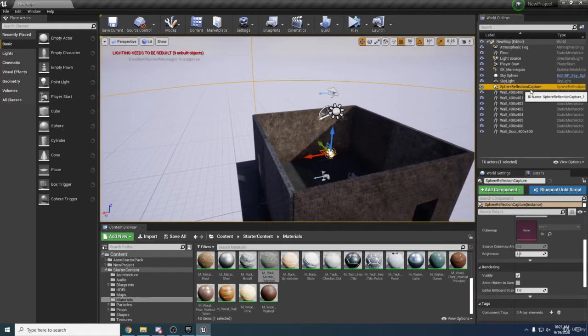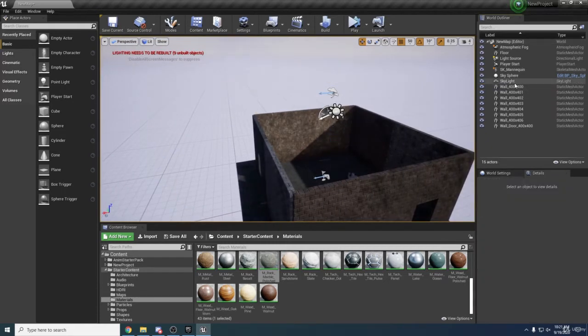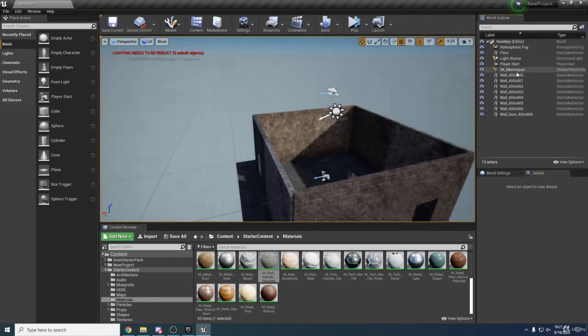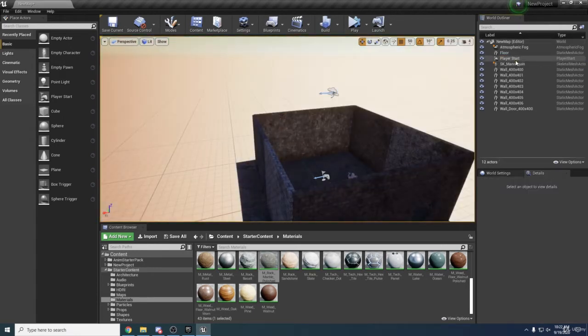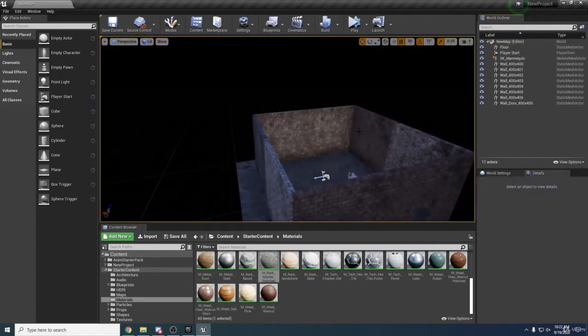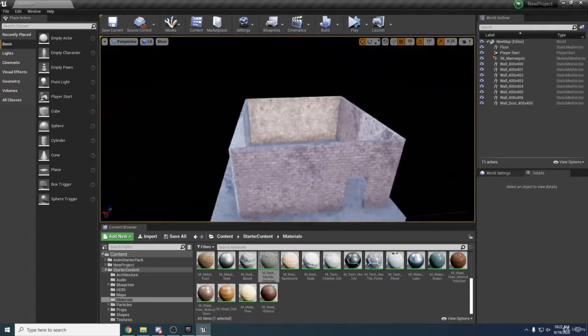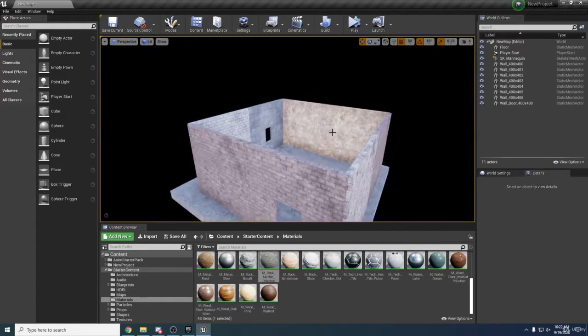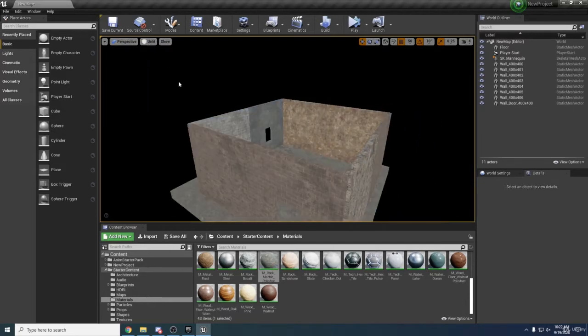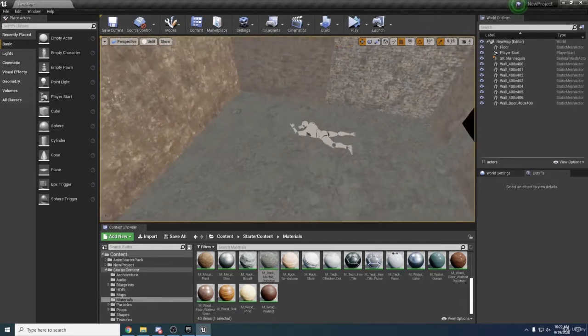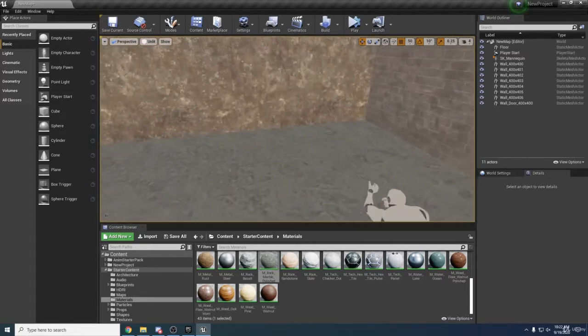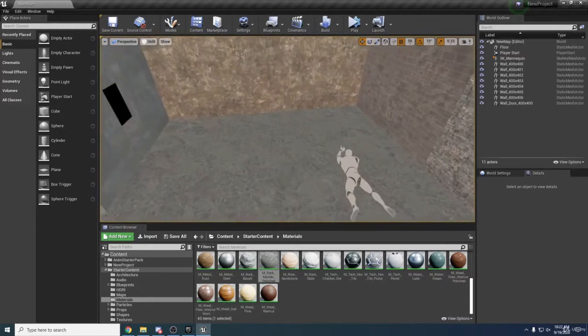So let's delete the sphere reflection, skylight, sky sphere also, light source, and the atmospheric fog. So now all that we get is basically this, and you can see all this darkness around. And we can see now unlit mode may actually be a bit more useful since we don't have any light